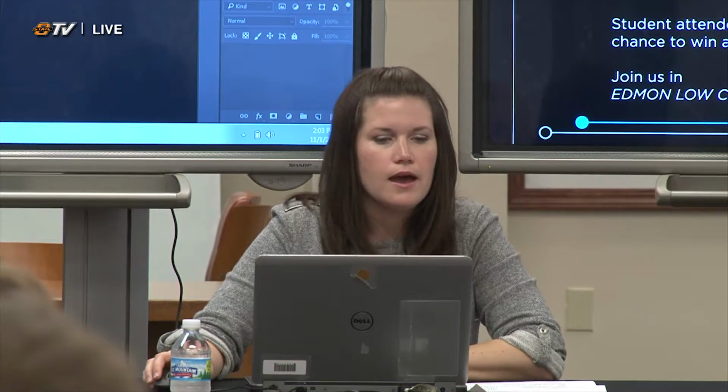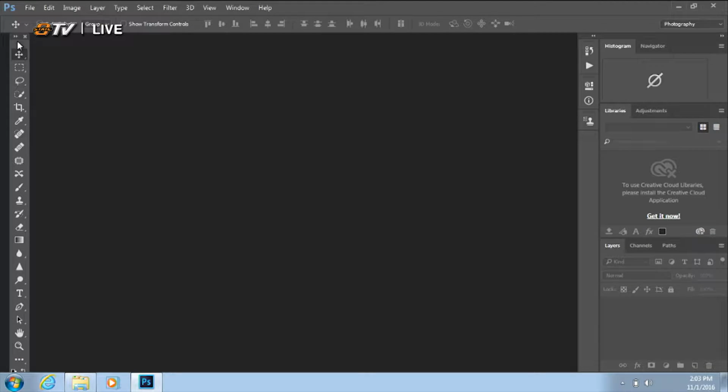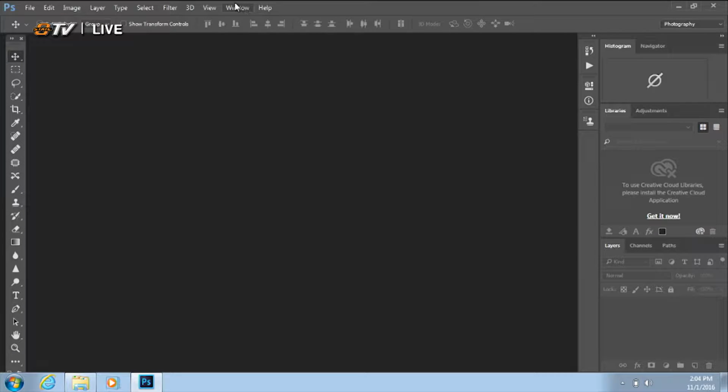Great. There are several different tools and control panels here that I want to go over with you all. The left-hand side is your toolbar, and it has lots of different features here. So one of the tips that a lot of people don't know about Photoshop is when you're working within a document,